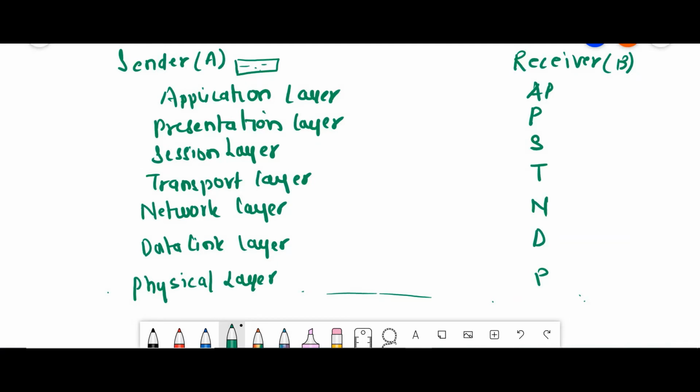If a sender has a message to send, first of all that message goes to the application layer. The application layer is the 7th layer, or topmost layer, of the OSI reference model, and it provides a user interface to the user. Using this layer you can send mail, transfer files, log in, and check passwords. You can also use applications like browsing. Whatever you are using for sending data or browsing comes under the application layer.